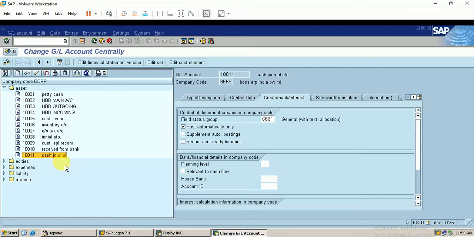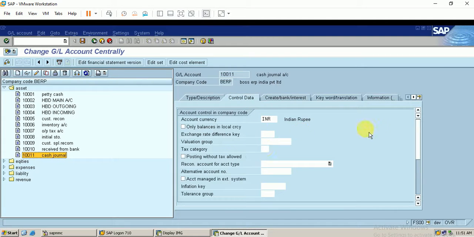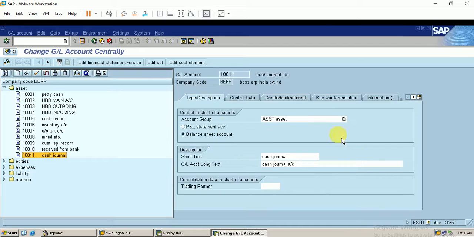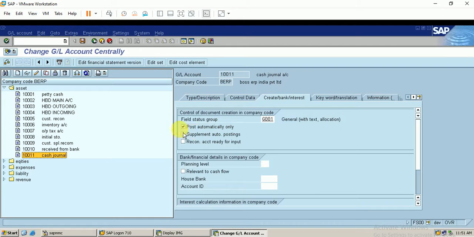I will not update this account number in any of my transactions. It will be called automatically during our cash journal postings. That's why I have made this account post automatically only, and other configurations remain the same. I have maintained the line item display and all those things.